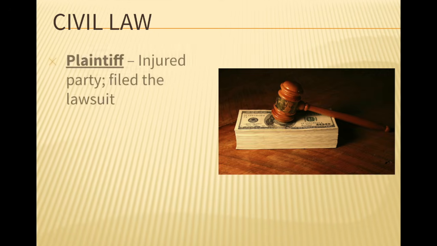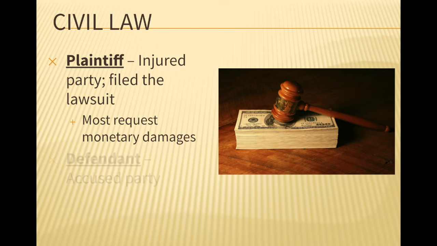Now, civil law has some key features that you need to be able to differentiate. First of all, it has the plaintiff. The plaintiff is the person that is doing the suing, and the defendant is the one that is being accused, so they are the one that is being sued. The defendant could be a person, a government entity, or a corporation, and the plaintiff could be any of that too. So you have two parties here. When we get to a criminal case, the party that's bringing the charges is the government. This is not necessarily the case in civil law. Typically, if it's involving the government, you're suing the government in a civil case.